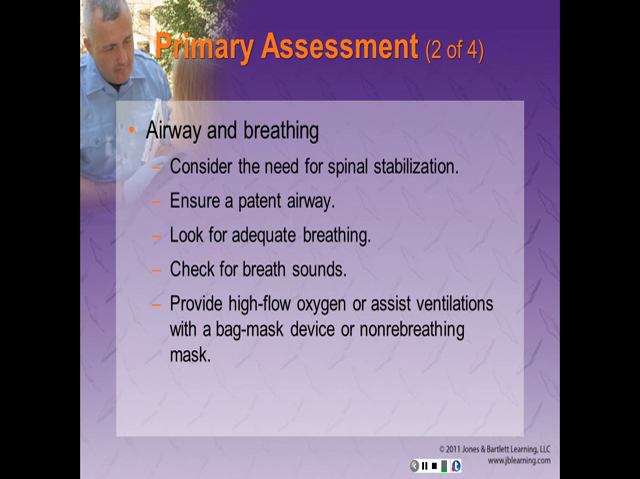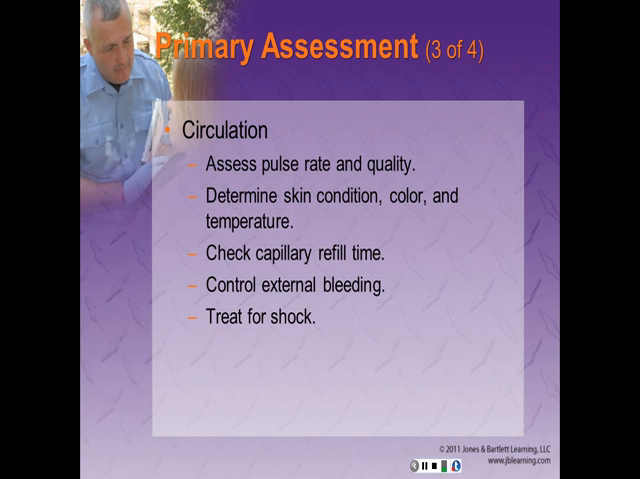Assess for airway and breathing. You need to consider spinal stabilization, ensure that the airway is patent, look for signs of adequate breathing, listen to breath sounds, and provide high-flow oxygen or potentially assist ventilations with a BVM device or a non-rebreather for the high-flow oxygen. Assess circulation. You must assess rate and quality of the pulse, assess skin color, temperature, and condition, check capillary